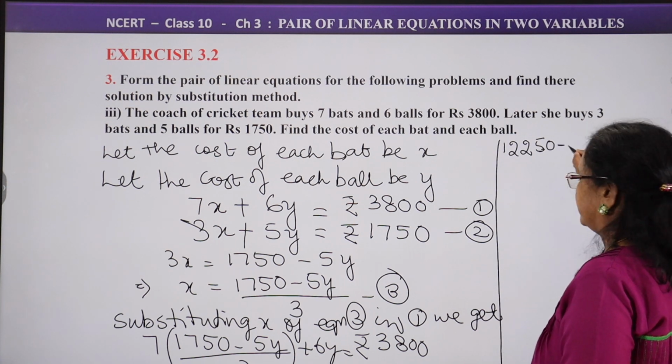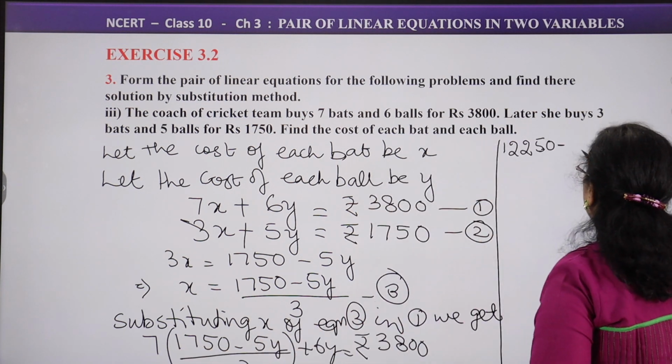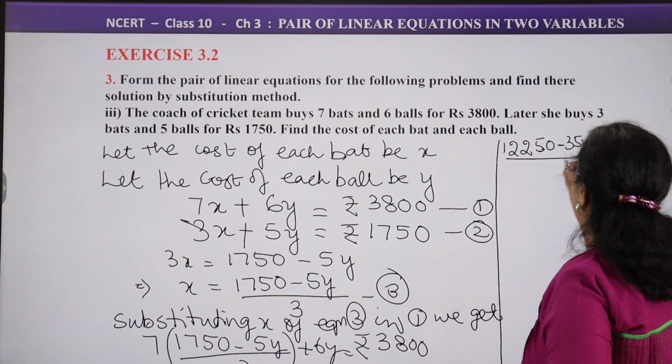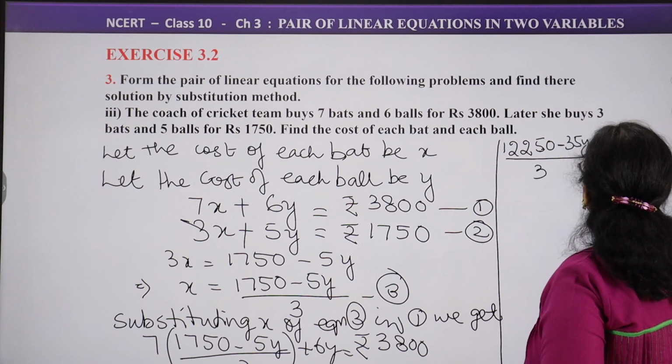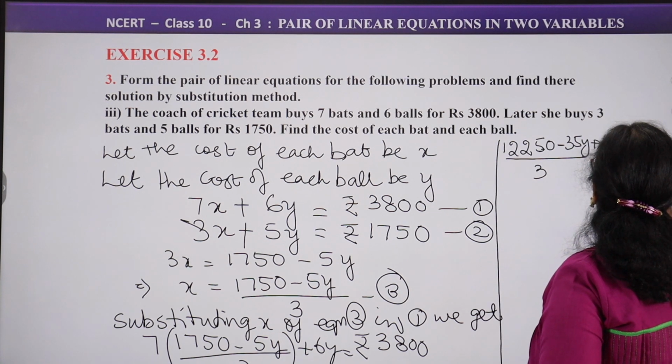This minus 7 5s are 35y whole by 3 plus 6y is equal to rupees